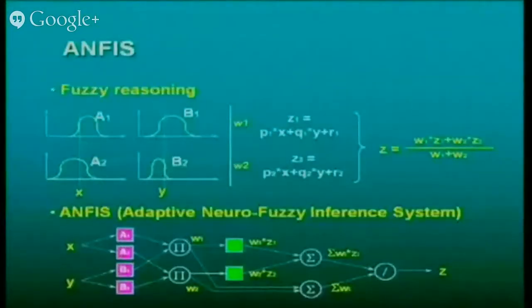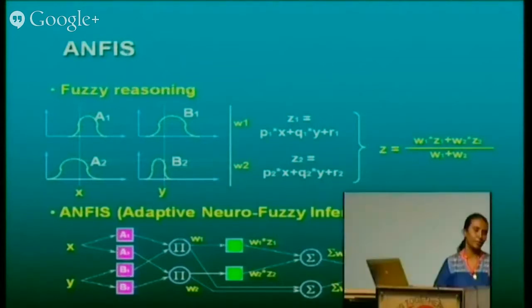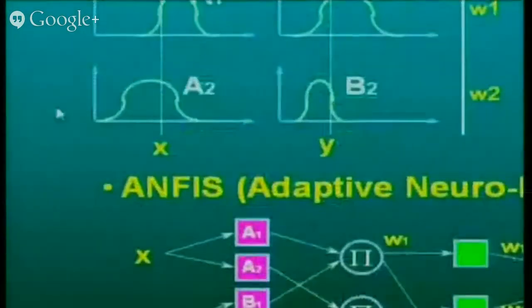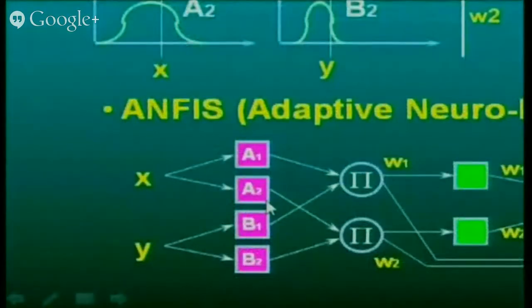The only thing which is different is here at the input end. Say one of your x inputs is temperature. For the temperature, you define two linguistic variables. What might be the linguistic variables for temperature? Hot and cold. So let me take two linguistic variables: A1 is hot and A2 is cold, something like that.